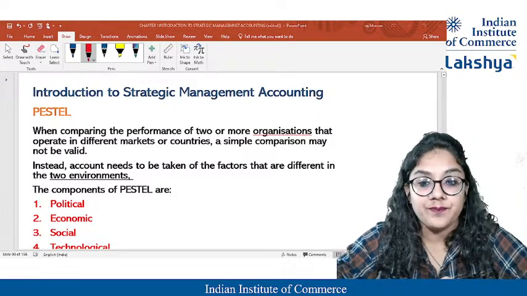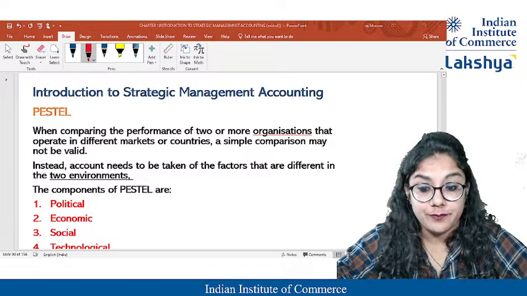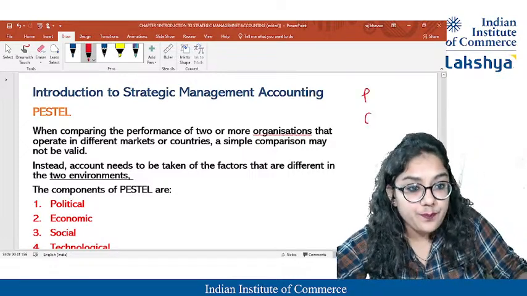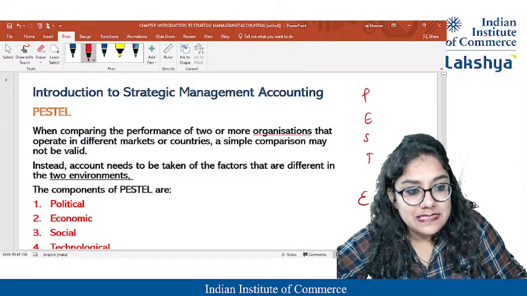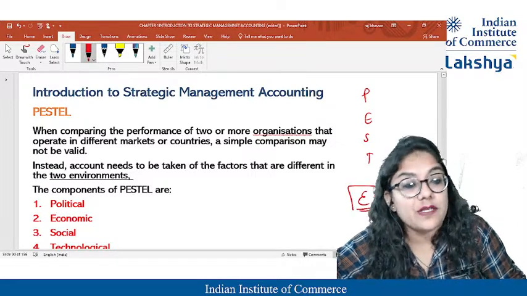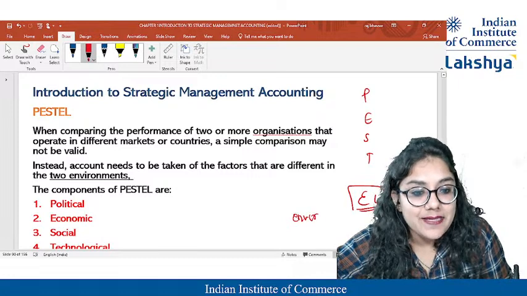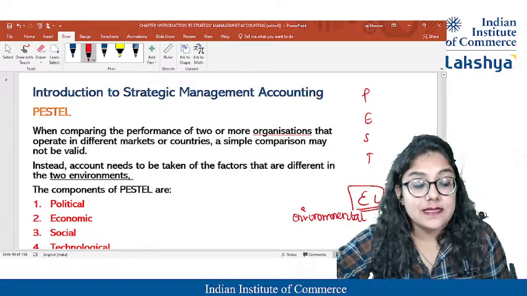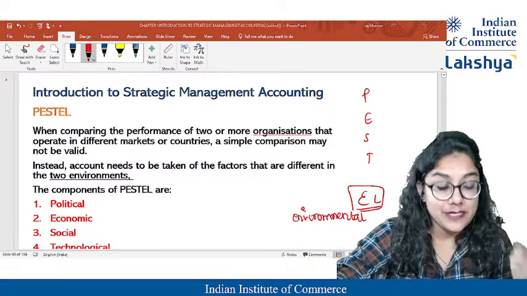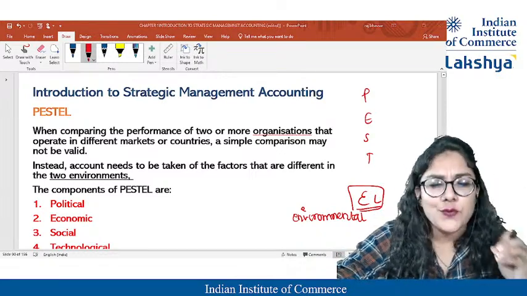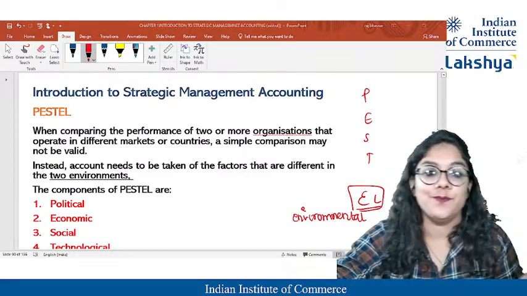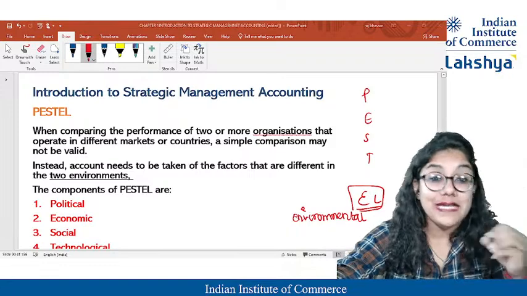For example, if I'm talking to you about the legal stuff, when you see the PESTLE now, I'll just read out the words. E and L are applicable to everyone. So E is environmental. You have to understand what things are beneficial for your environment and natural resources. Are you utilizing sustainable resources? Are you reusing them? Or are you manipulating them? Or are you degrading them?